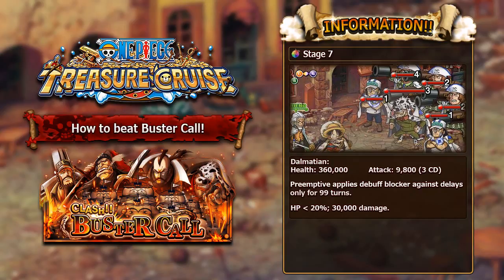So that is a new feature that they're adding, where people can have a debuff protector, but only for a specific status infliction. That is kind of cool, that you can still activate different effects on him, but you just cannot delay him. So that's the only thing that he actually does, and once he falls below 20% health, he'll do 30,000